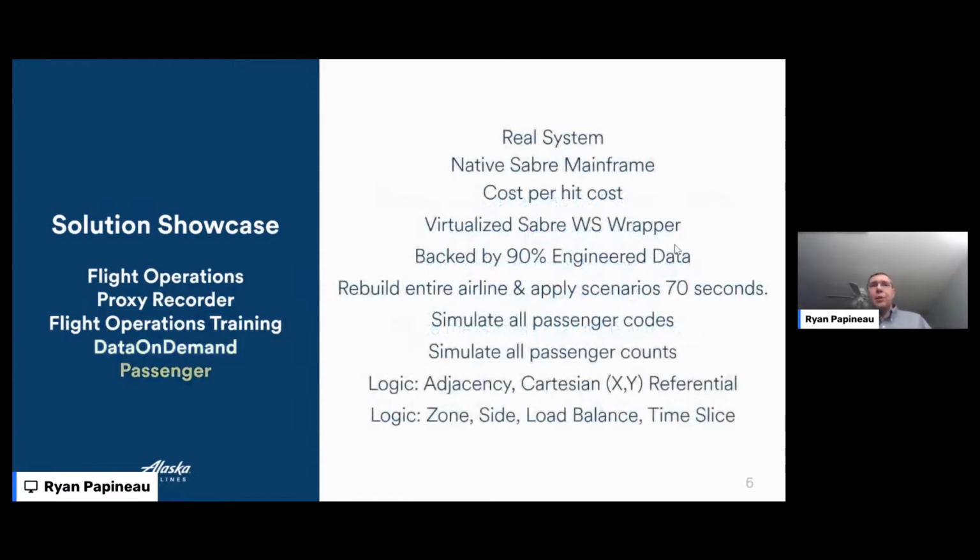Next is passenger services. This is kind of a sidecar only because it's so big. Literally, this could also be its own presentation. We're running an airline. We have customers going through the life cycle of booking and checking in and boarding our aircraft. That is all stored in a real Sabre mainframe. Sabre is a GDS, which is a global distribution system. So all the airlines can share ticketing capabilities so you can book connecting flights. Well, there's a per hit cost on this. So what we ended up doing is